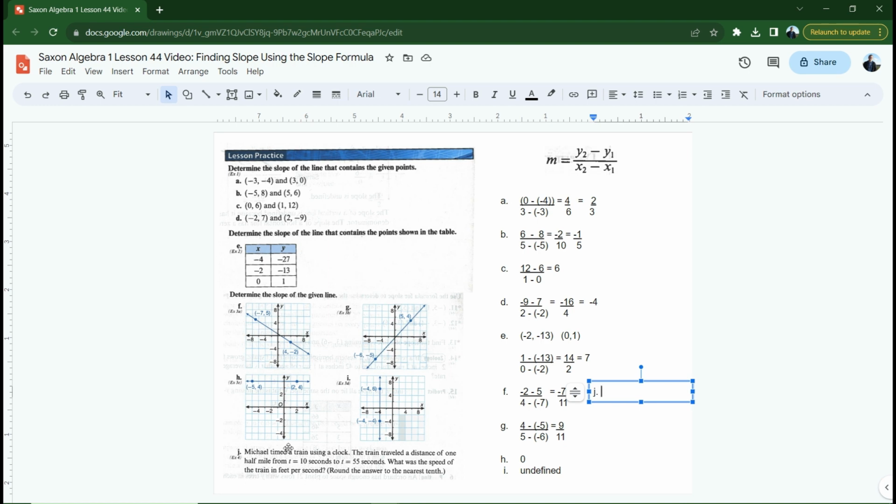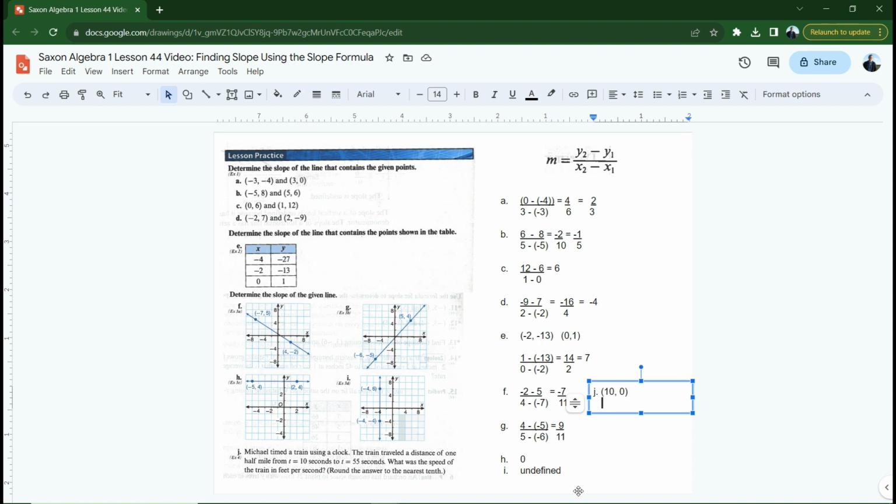But then I have time equals 10 seconds to time equals 55 seconds. Well, here's what we're gonna do. When time equals 10 seconds, what is the position of the train? Well, if it's going a half a mile, where's it starting at? It's starting at 0 miles and it's ending at a half a mile. So do you see how I'm going to have an initial position of 0? That's something to keep in mind for these problems where you have to make up points. Usually you're going to have an initial position of 0, even if we have an initial time of 10 seconds